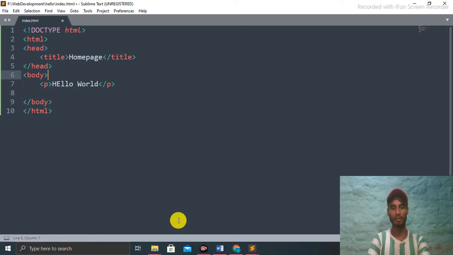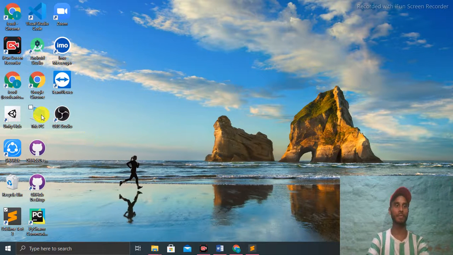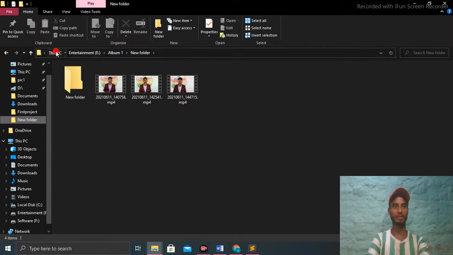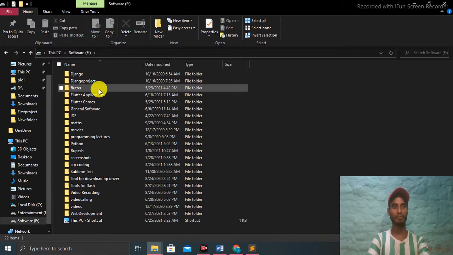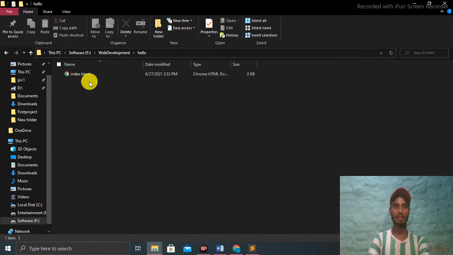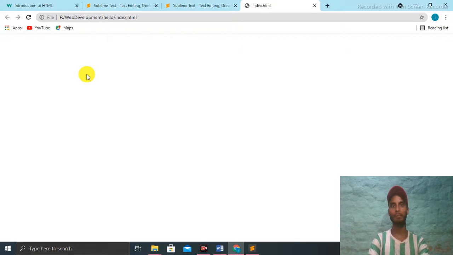Now, how do we run it? Open the folder where we saved it. I saved it in the F drive, web development, hello, and click the HTML file to open it in a browser.